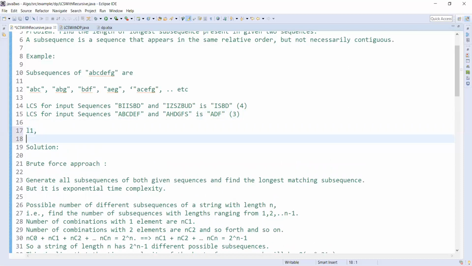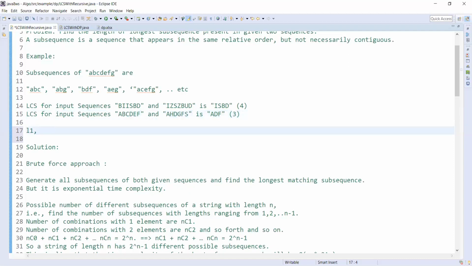Otherwise, you take the whole string from the second sequence, and from the first sequence you take the sequence before the last character. So you already calculated that also.